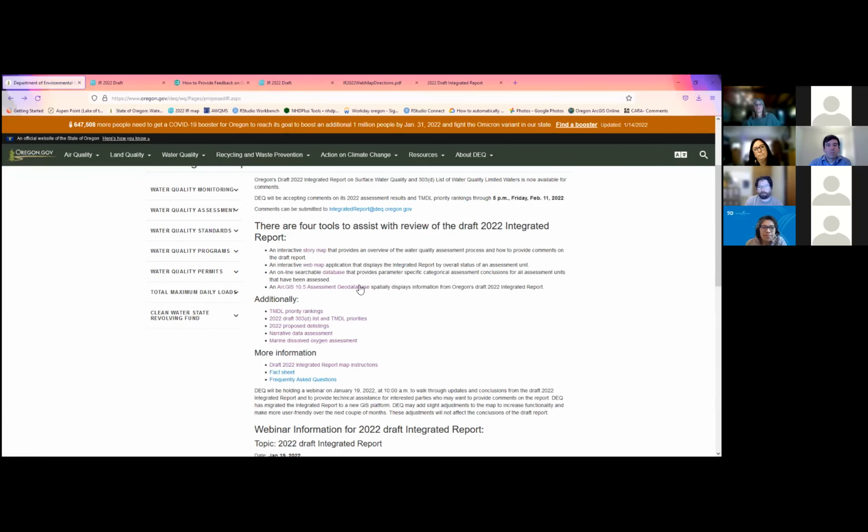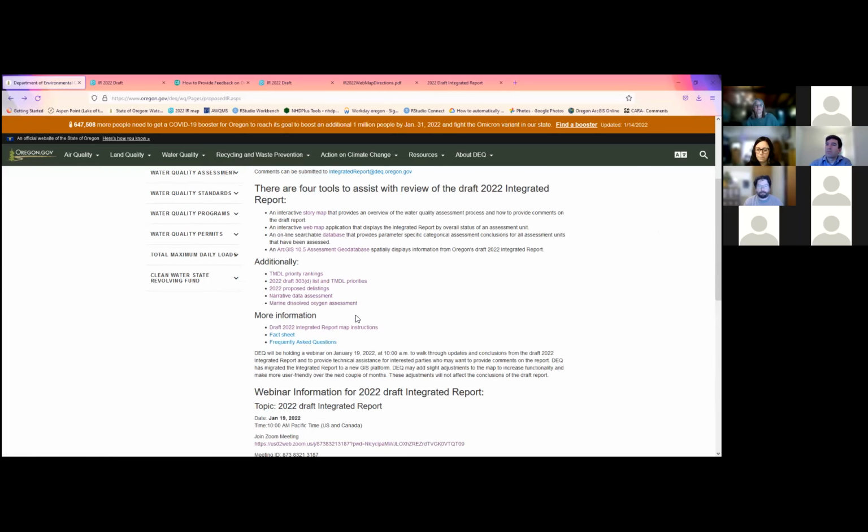And then also, like we said, we have a geodatabase. I'm not going to click on this because it loads up a very large file to download, but you could download the geodatabase here. Additionally, we have some other components that are important for what's going to be our submittal to the EPA.